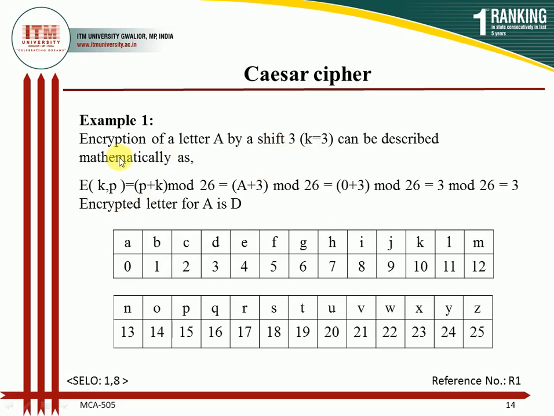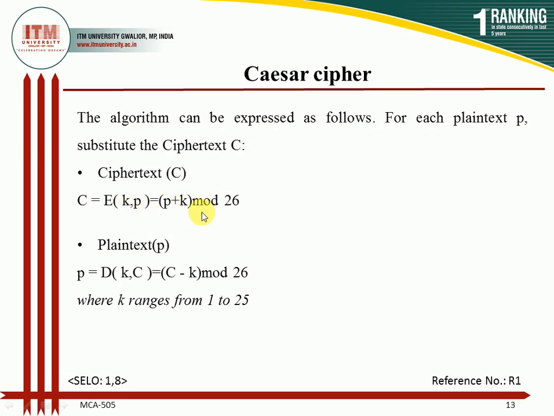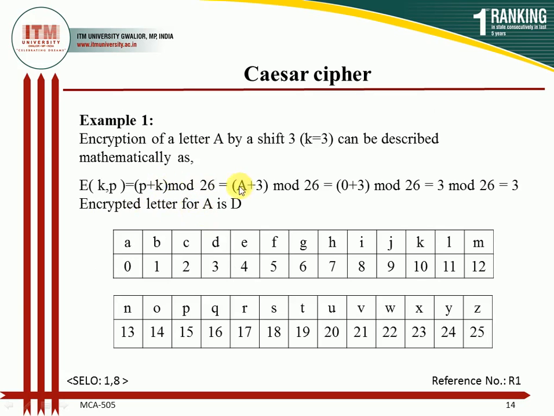Because this says that you have been given a letter A, which is the plain text, and you have to convert this A to cipher text. So this is the first example. What we will do: E(K, P), which equals (P + K) mod 26, as I defined here. Right, so in the next step, what is P? The value of P is the plain text given to us, A, so I use A + K. What is the value of K? It is 3, so (A + 3) mod 26.